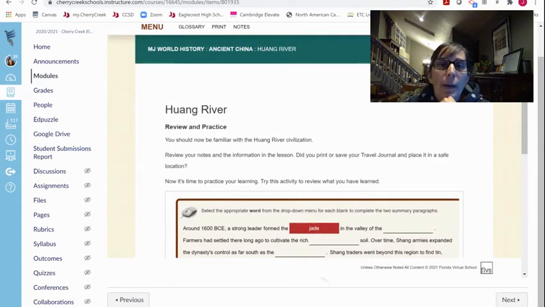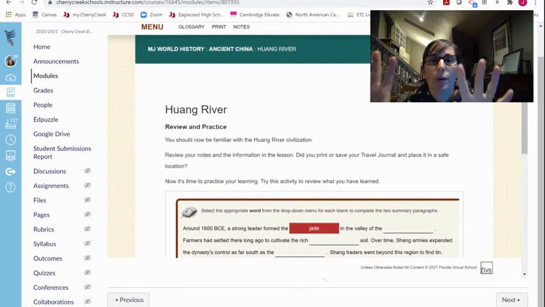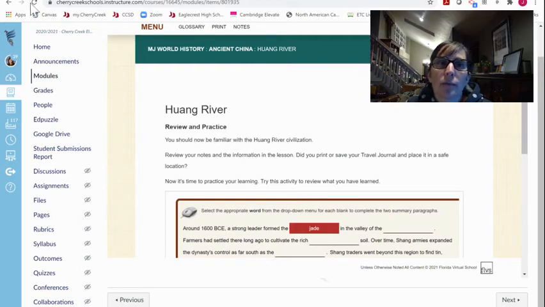One more thing about these is that sometimes if you are reading this and you get like halfway through, let's say you make it to page 4 and then you have to go eat dinner or something, sometimes the textbook will log out and then it'll give you this big warning that says you can't read it anymore. Just click refresh. You just click the little circle over here, refresh, and it'll pull it back up for you and you can start reading it again. Okay? But that's why it's good to keep track of what page you're on so you can just go right back to the page that you need.